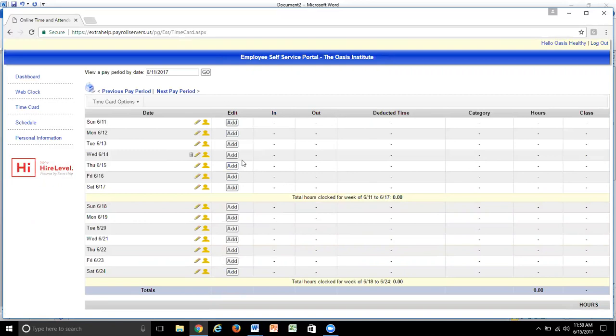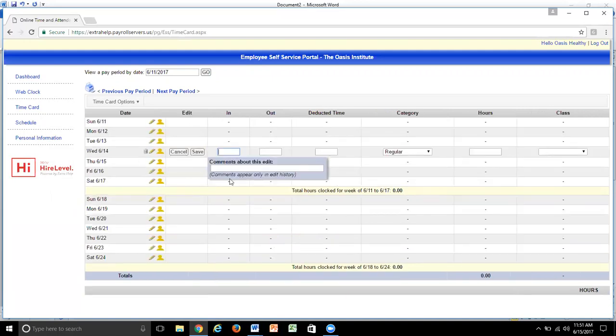So let's say I'm teaching Matter of Balance at the Lewis and Clark Library. I came home after I taught. I want to enter in my hours now. Again, you don't have to do it every day, but you do have to do it every 2 weeks when the pay period ends. So let's say I just decided to do it. Today's Thursday, so I have time today, and I taught Wednesday, so I'll click in and I'll do, okay, so my class started at 10, but I showed up at 9:45, just a little bit earlier to set up and whatnot,